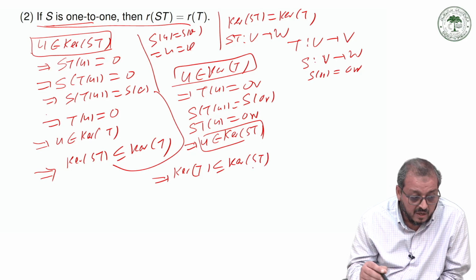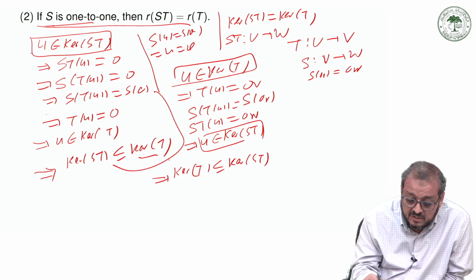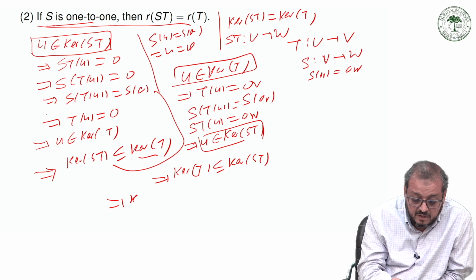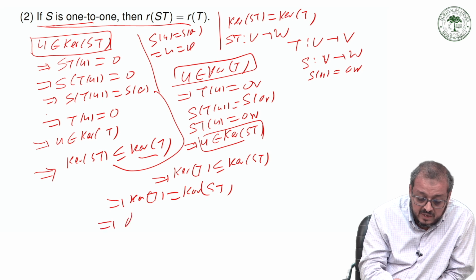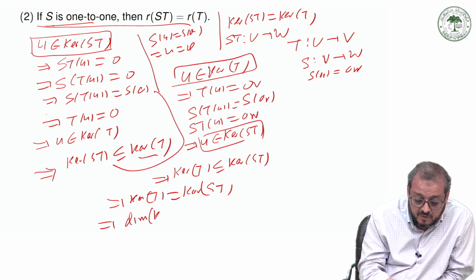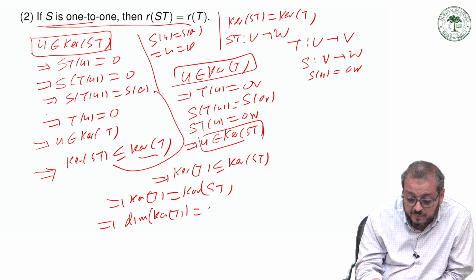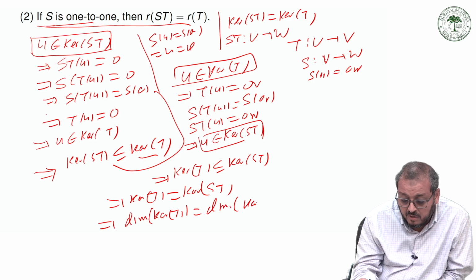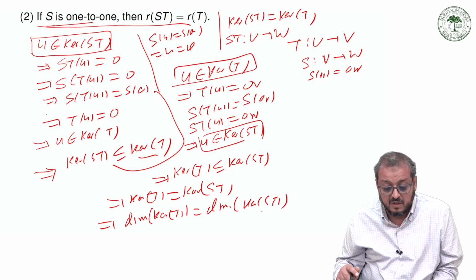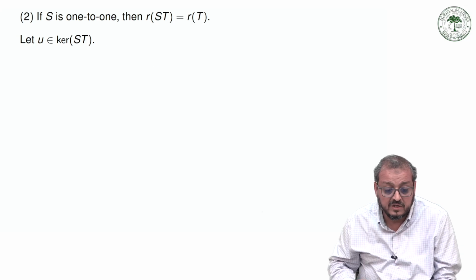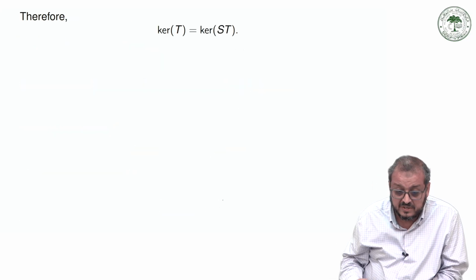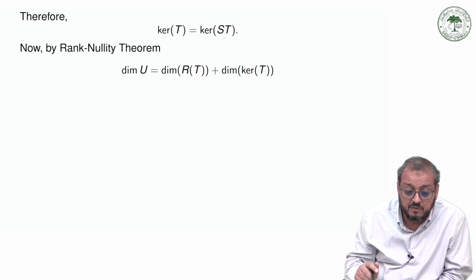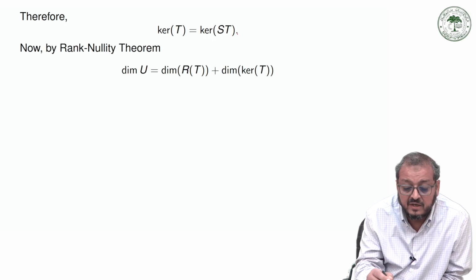By these two we can say that the kernel of T is the same as the kernel of ST, and we also say that the dimension of the kernel of T is the same as the dimension of the kernel of ST. Okay, now this way we satisfy this condition up to here. By these two conditions, and then by the rank nullity theorem we can